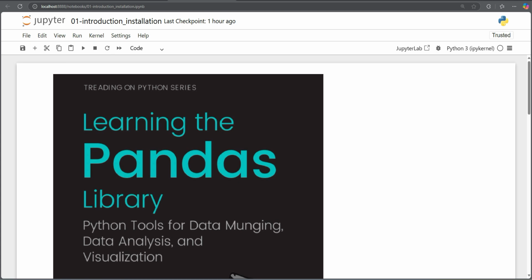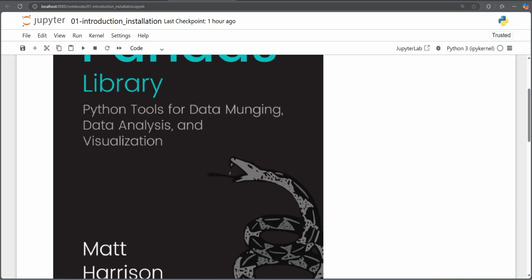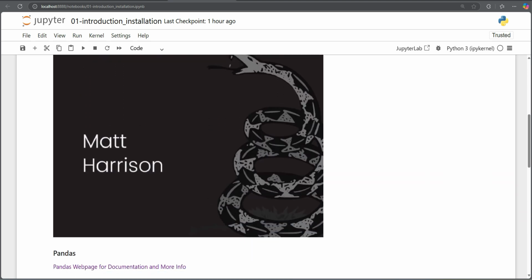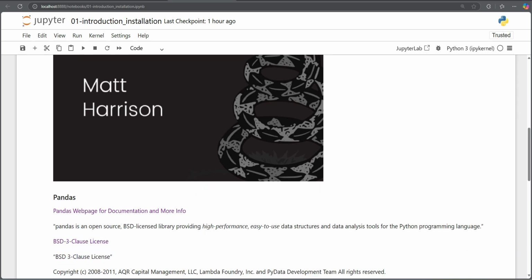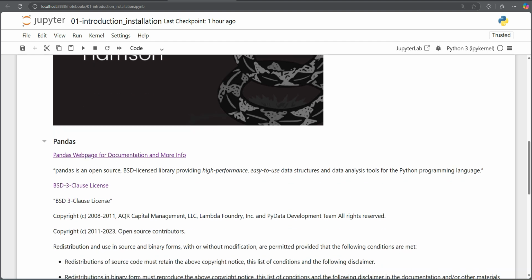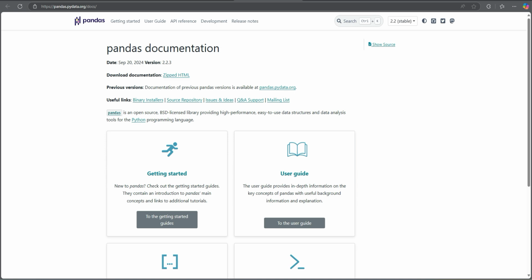Hello and welcome everyone. In this video, we will start with the book on learning the Pandas library by Matt Harrison, and we will look into a basic introduction on what Pandas is and how we can install the Pandas library on our computers. So Pandas library, if you go to this web page for documentation, we could see the Pandas